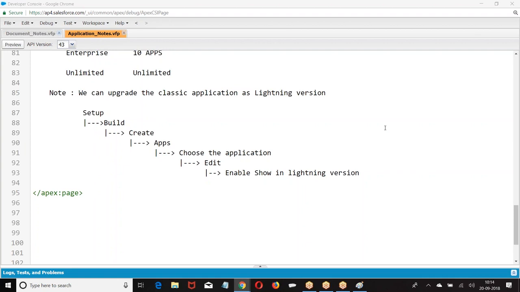So when you go to programming in Classic, what are the programming languages? Apex programming at the back end, Visualforce at the front end. Visualforce is nothing but creating the UI pages. While creating the pages, you can apply HTML also. If you are comfortable, you can do whatever scripting you want. It is not mandatory, but if you are comfortable with that, you can do it. When you go to Lightning, what is the programming? Apex and Lightning. In Lightning, we are going to create scripting, but more scripting will be there. Not pure JavaScript or JSON; it's a customized scripting.